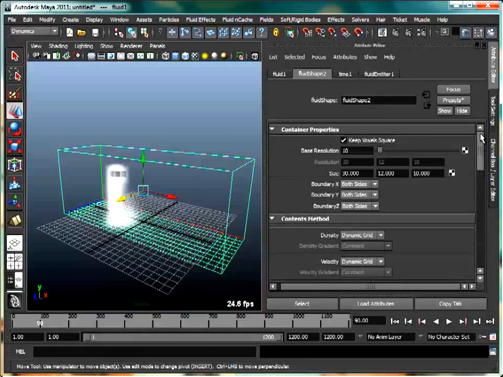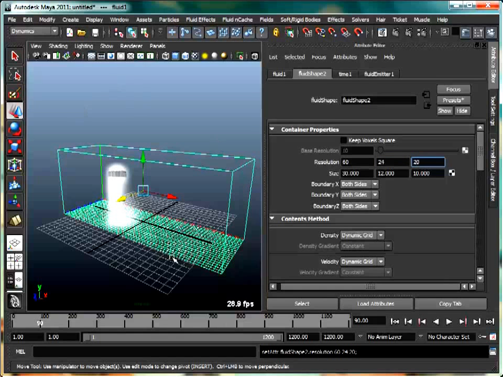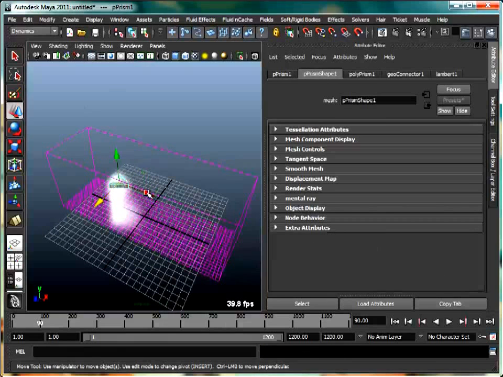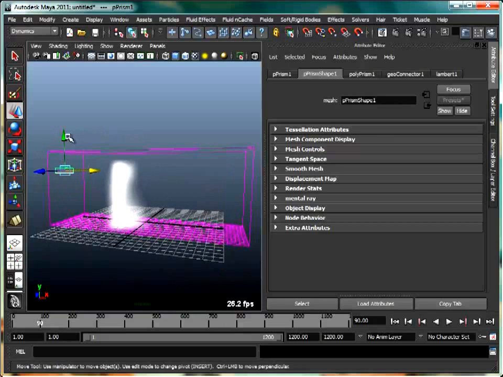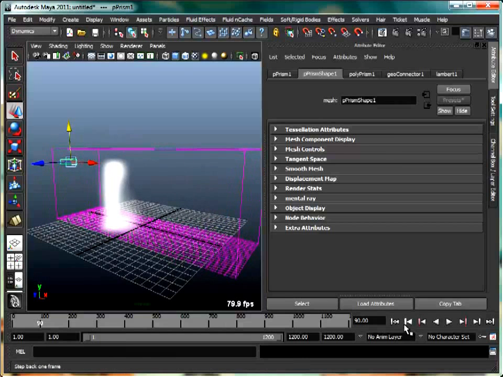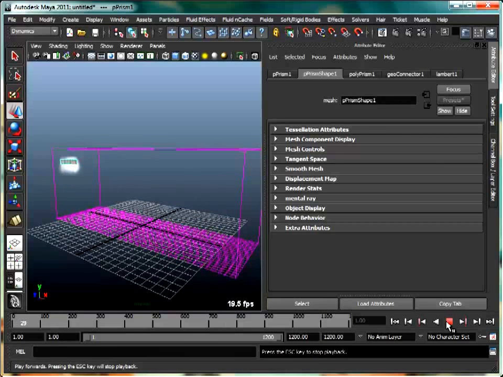So just shut off this keep voxel square, and I'll crank this up to 60, 24, 20. Okay, and I'll move my object here, and again resim. Alright,